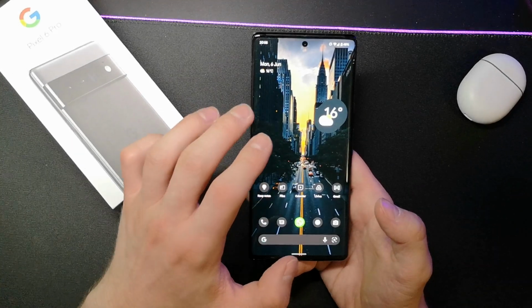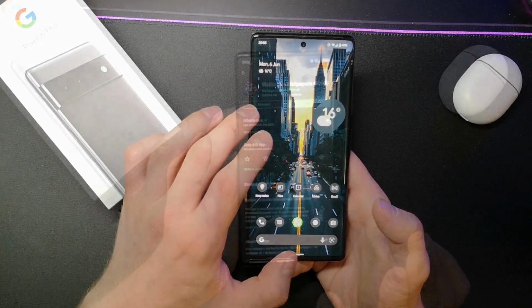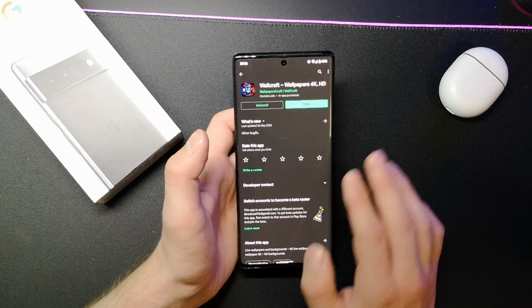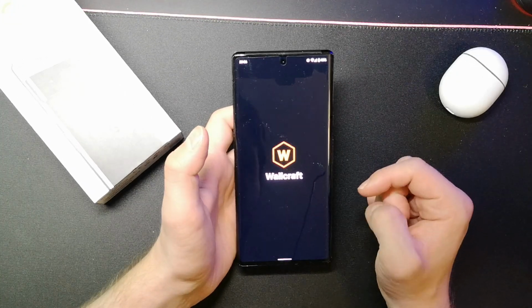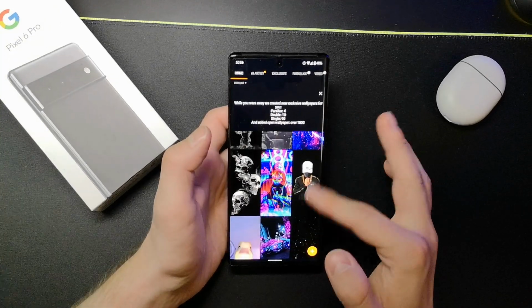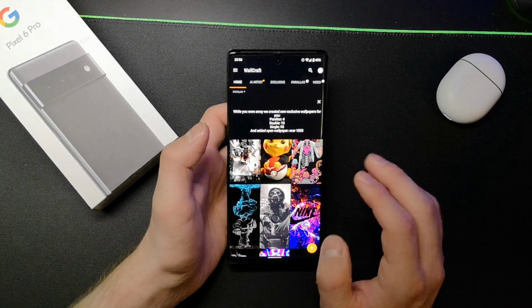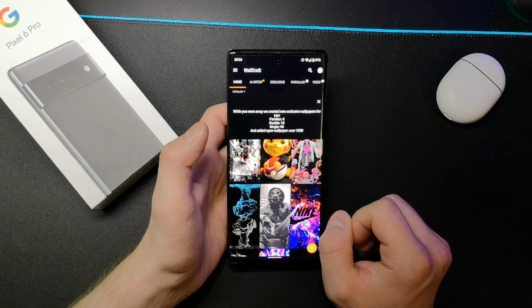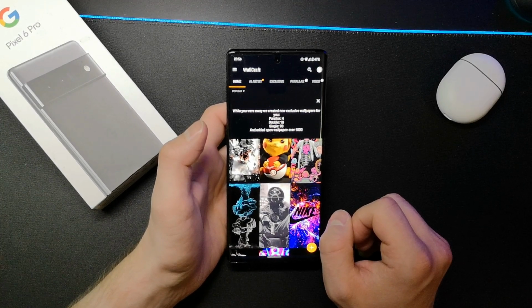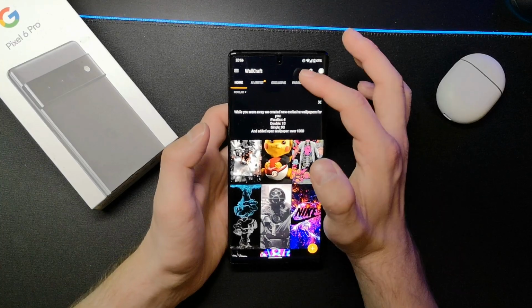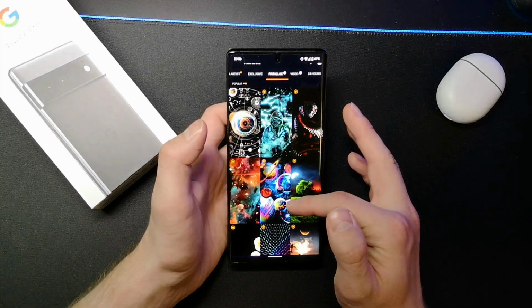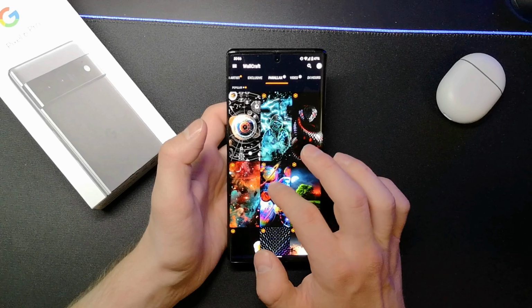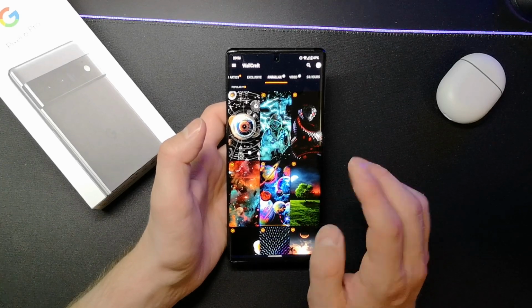Now the wallpaper that I'm using, I found on an app called Wallcraft, and you can actually find some pretty cool wallpapers on here. Now I like this app so much that I have purchased the premium version of this app. It wasn't a huge amount, and it got rid of the ads, and it gave me access to some pretty cool exclusive and parallax wallpapers, like say this one here for example, which looks pretty cool once it loads up,